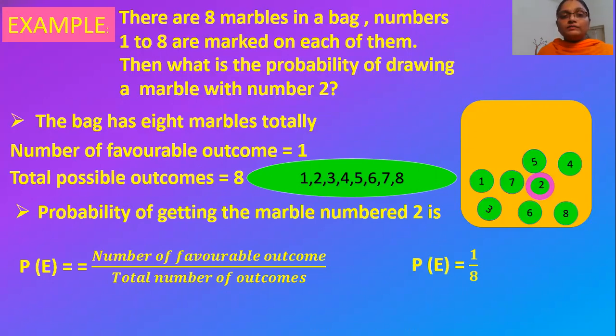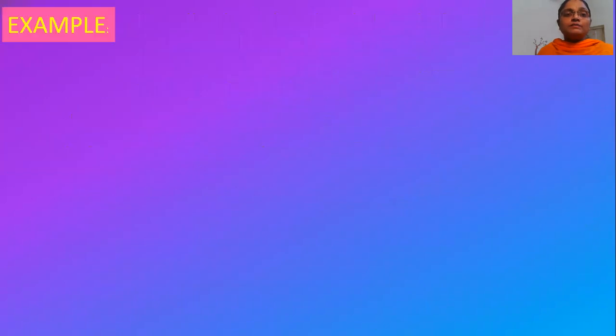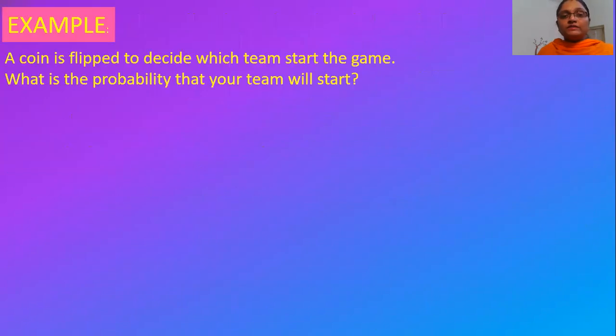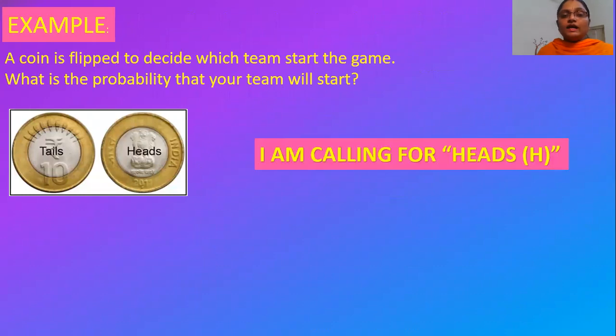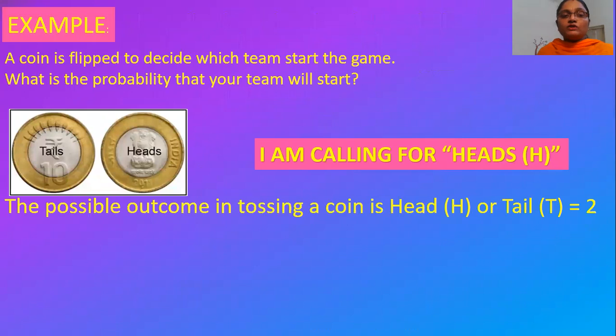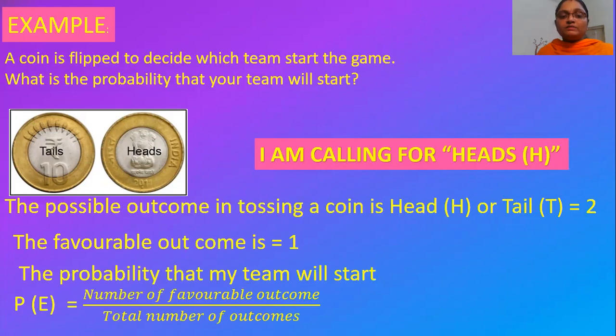that is 1 by 8. Now moving on to the next example, a coin is flipped to decide which team starts the game. What is the probability that your team will start? A coin has 2 sides. One side it is heads, the other side it is tails, and I am calling for heads. The possible outcome in tossing a coin is either head or tail. It is 2. The favorable outcome is 1 because I am calling for heads. The probability that my team will start is given by number of favorable outcomes by total number of outcomes,